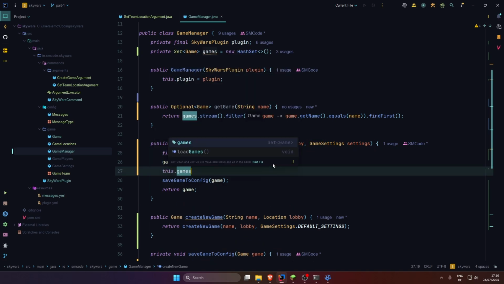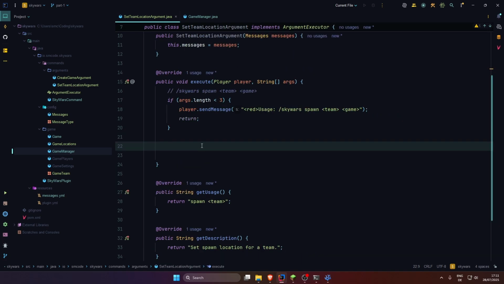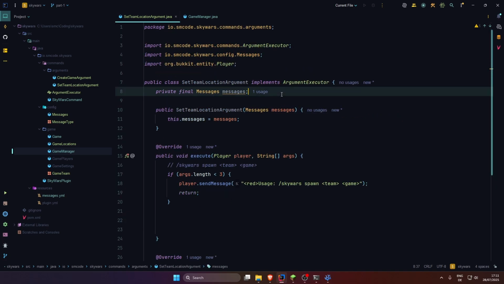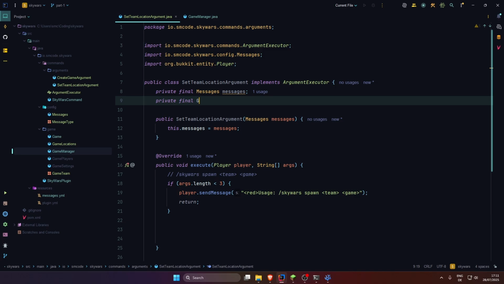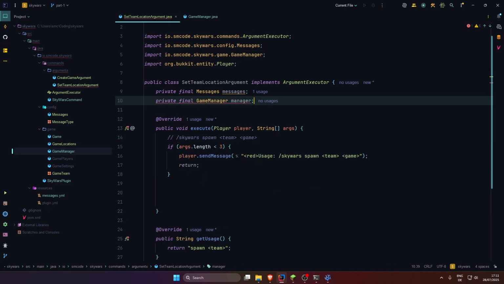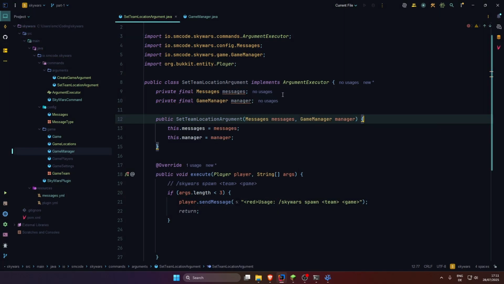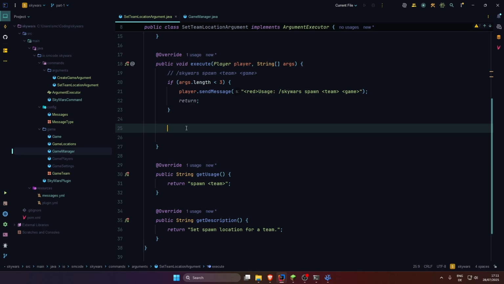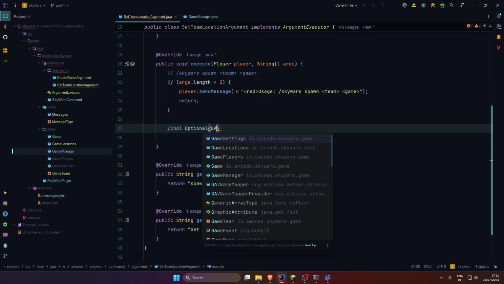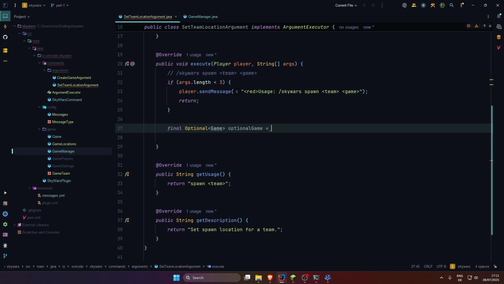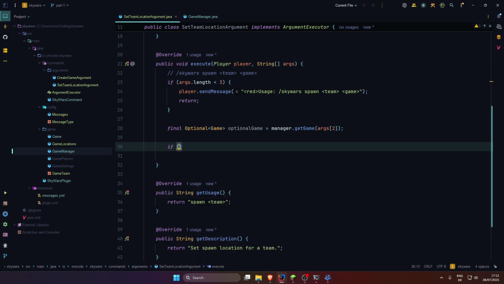So this.games.addGame. Then back to the set team location argument. We now need a reference of the game manager as well. Private final GameManager and adjust the constructor. And then inside here we call the getGame method. So final Optional game is equal to manager.getGame with the name which is saved in this argument, which is 0, 1, 2, so args[2]. And then if the game is not found, so if optionalGame.isEmpty, we send the player